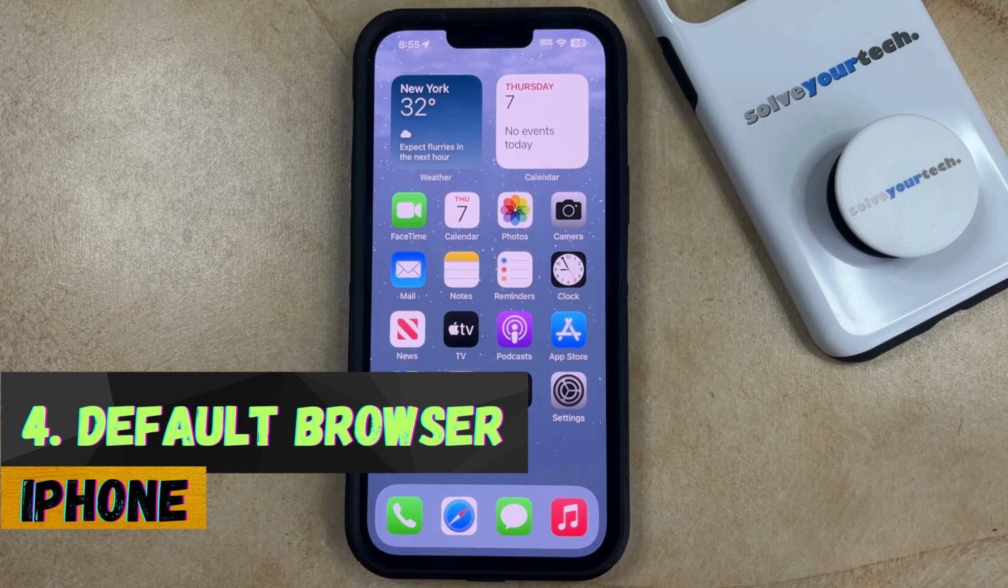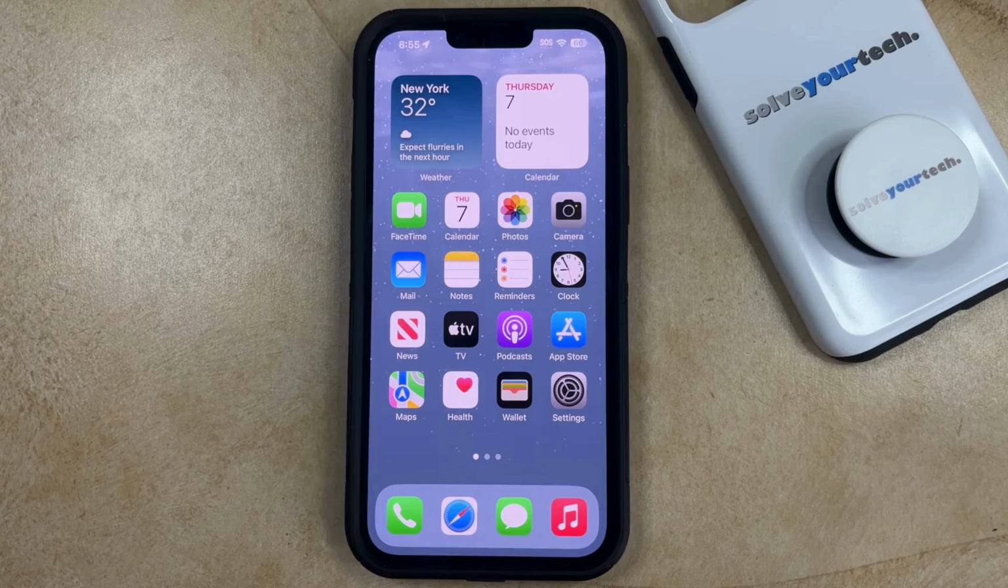Another Safari setting that you can adjust is the default browser. If you've downloaded another web browser like Chrome or Firefox, then you might have inadvertently switched that to be the default browser. If you like that, then this isn't really going to be a problem, but if you would prefer to use Safari as the default browser for when you click links in messages or emails, then you can switch